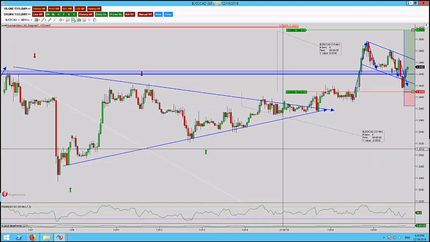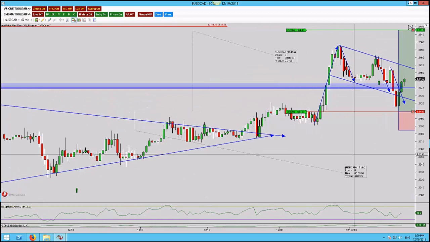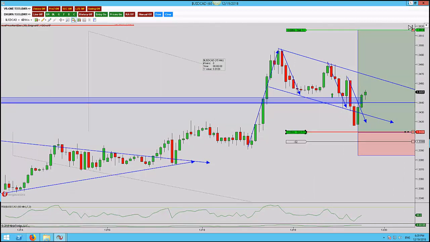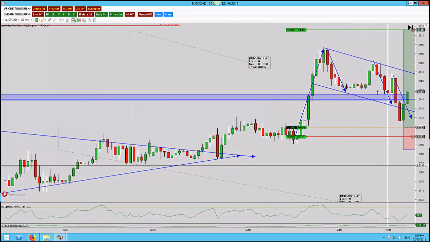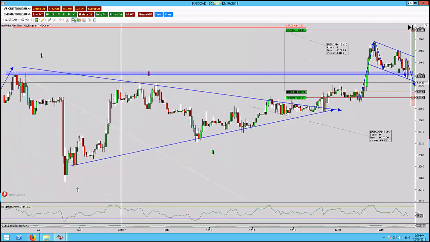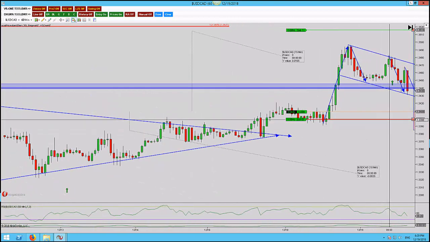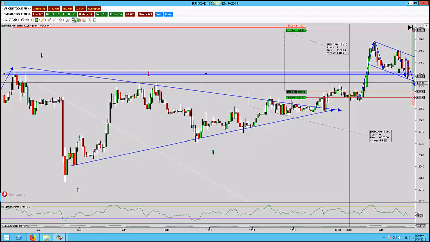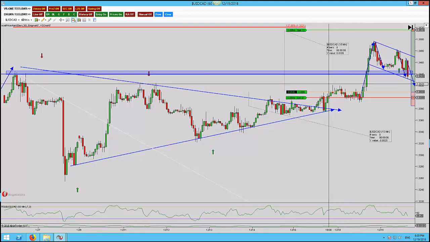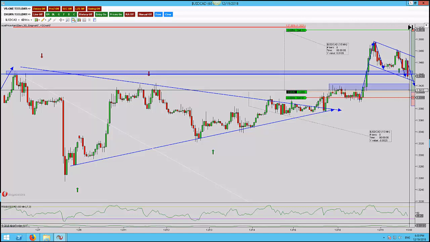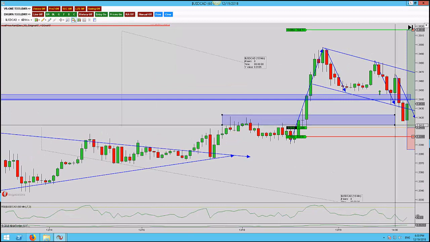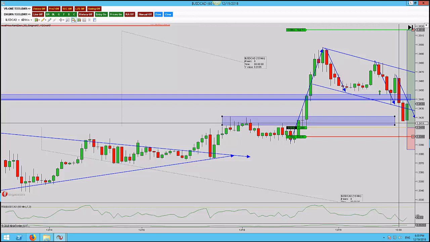And we're back for an update, and this has been very, very painful. So here's my stop. I literally moved it to dead on break even, and this is what we were looking at. I said there was this potential flag pattern. I was looking at it coming into this area here. Then as I was monitoring this, I was thinking, well, if we were to violate this highlighted area, we could actually come down to this area, but that's right near my entry and where my break even stop is going to be. And look at what we actually did. We came down to this point. I was only 10 pips up at one point,